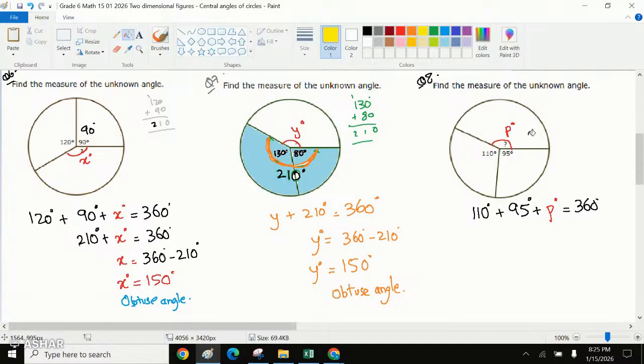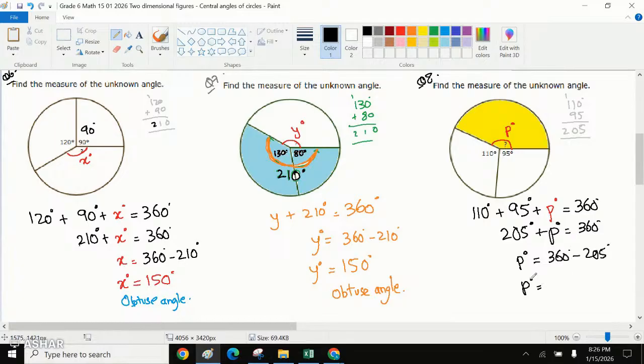So what would be the answer for the missing angle? What is 110 plus 95? See, the easiest way is 110 plus 100. That would be 210 and minus 5, right? So we can say this is 205 plus P is equal to 360, and the angle P comes out to be, therefore P would be equal to,